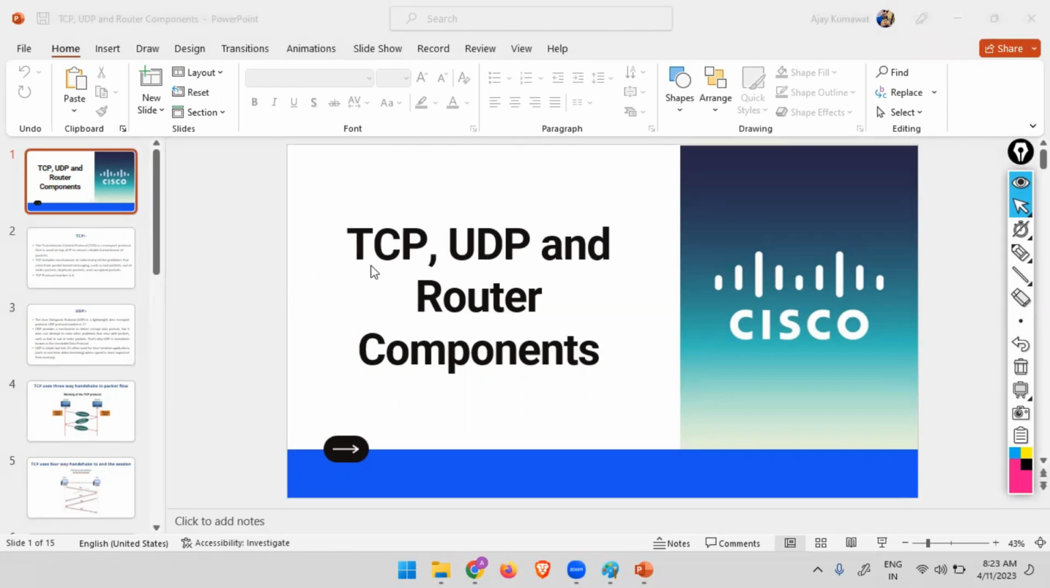So next we have TCP, UDP, and router components. Now TCP and UDP, which layer protocols? Layer 4. What is layer 4? Transport layer. Okay. Now at the transport layer, we have discussed yesterday what the different tasks of the transport layer are,